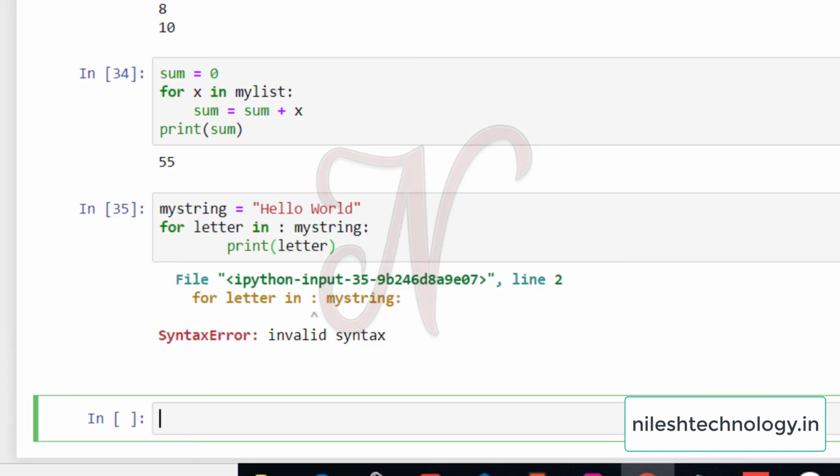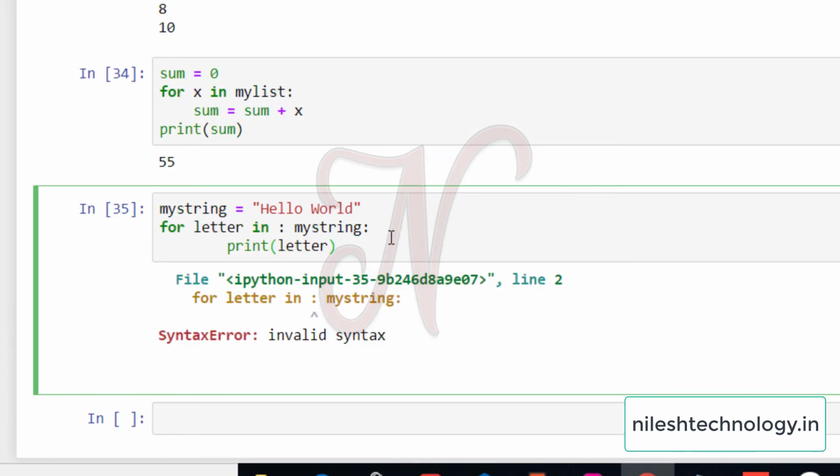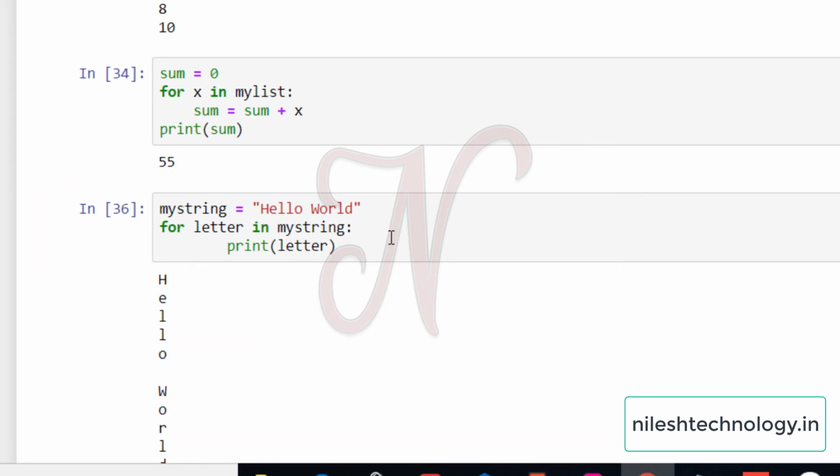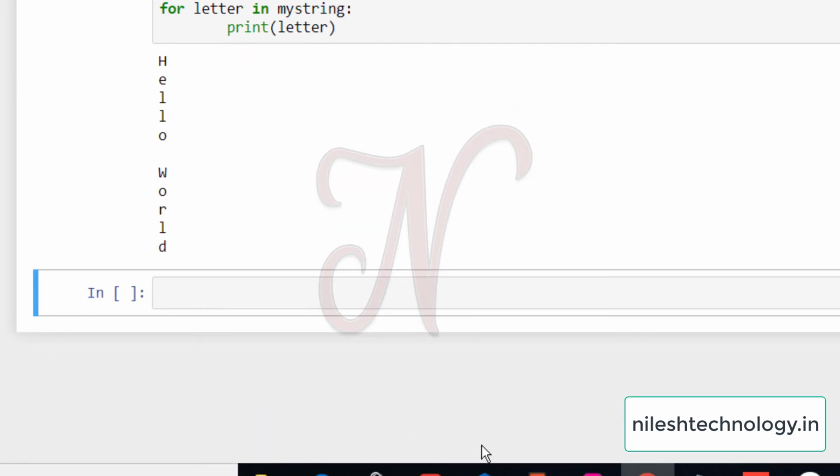See here, one error: letter in my_string. Okay, so see here, hello world, all these letters are printed one by one. So you can also print the string by using the for loop.